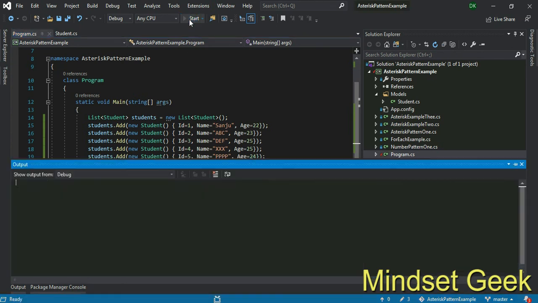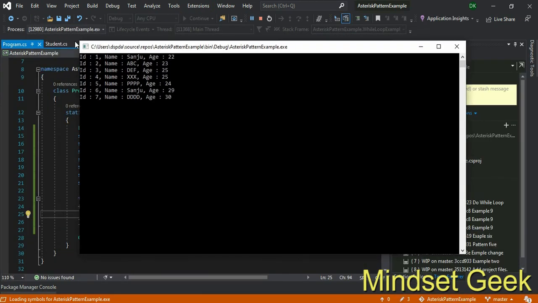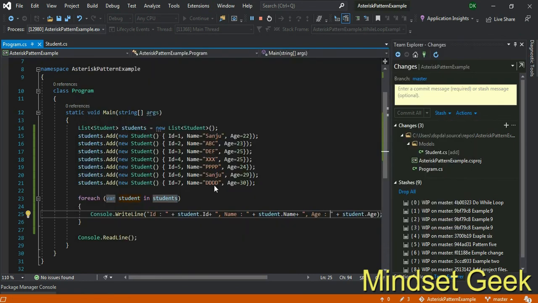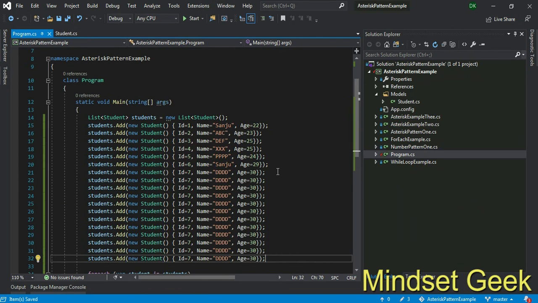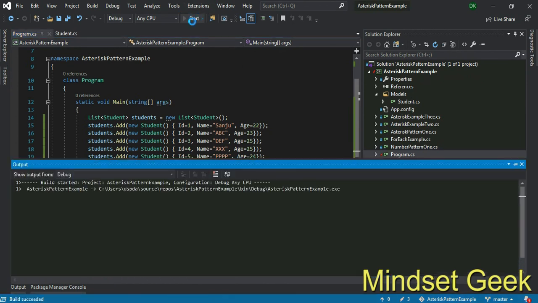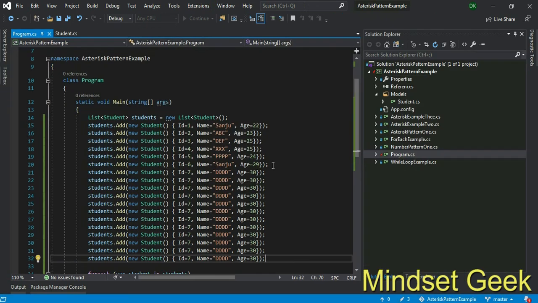Save and run, right? You can see that, right? If you add more lines, check the result, it's okay, right?